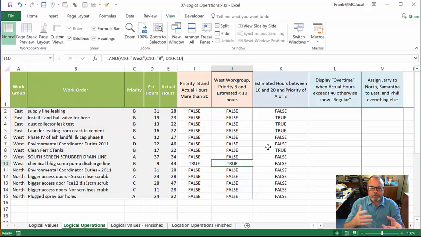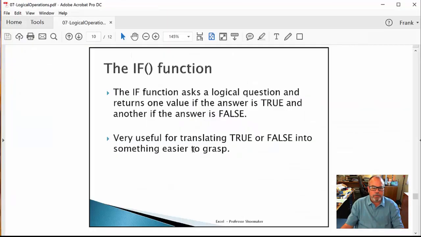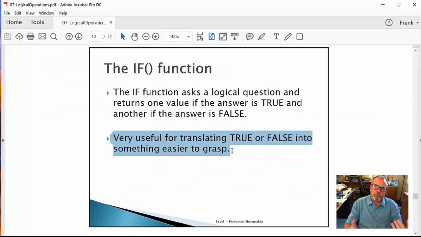It'd be nice to be able to take the true and the false and translate them into something that's more oriented toward human thinking. So what we're going to use is the if statement to translate a true and a false into English words and just make our spreadsheets easier to grasp. Now,